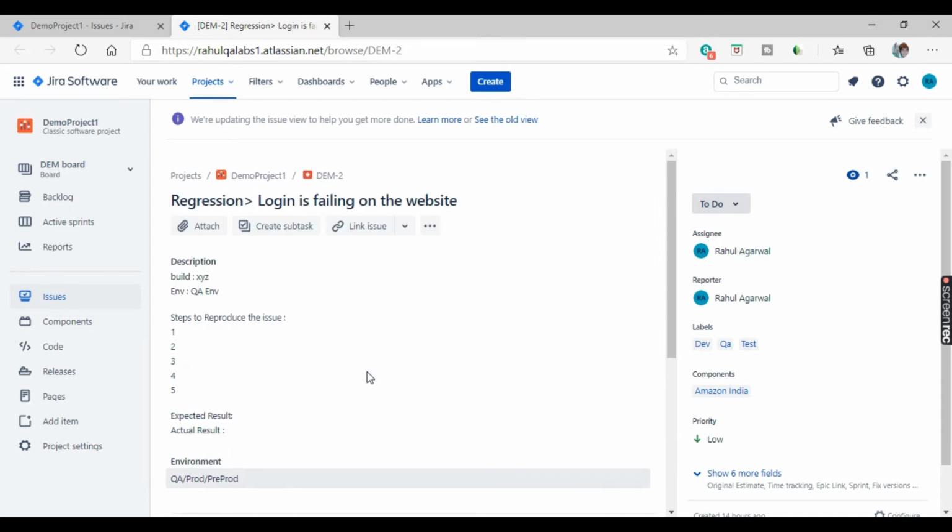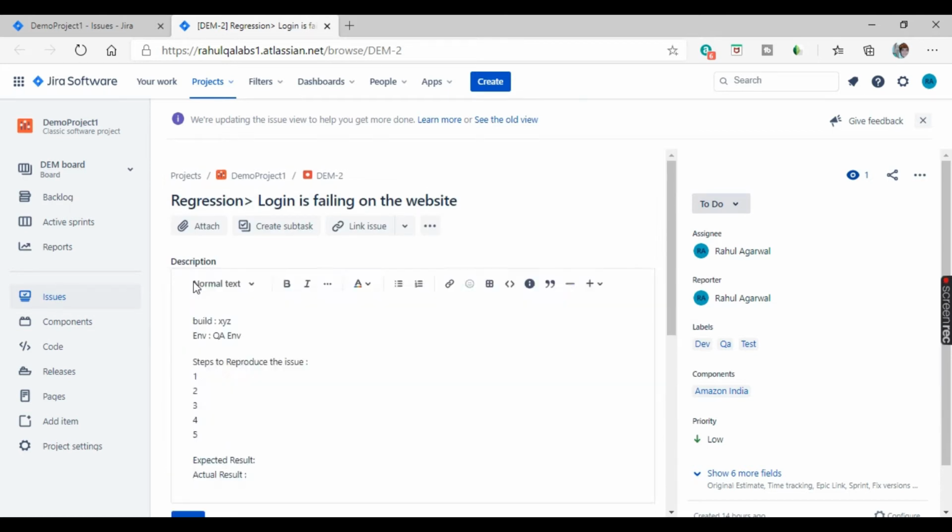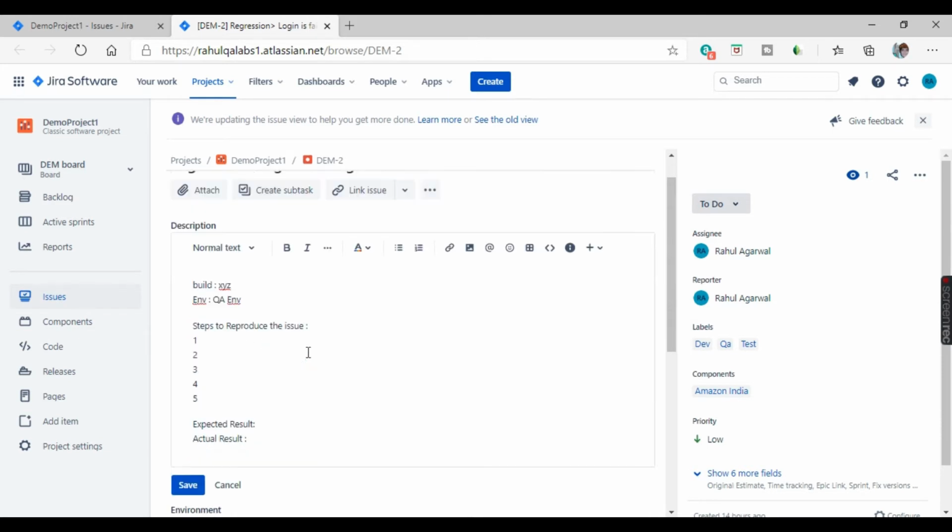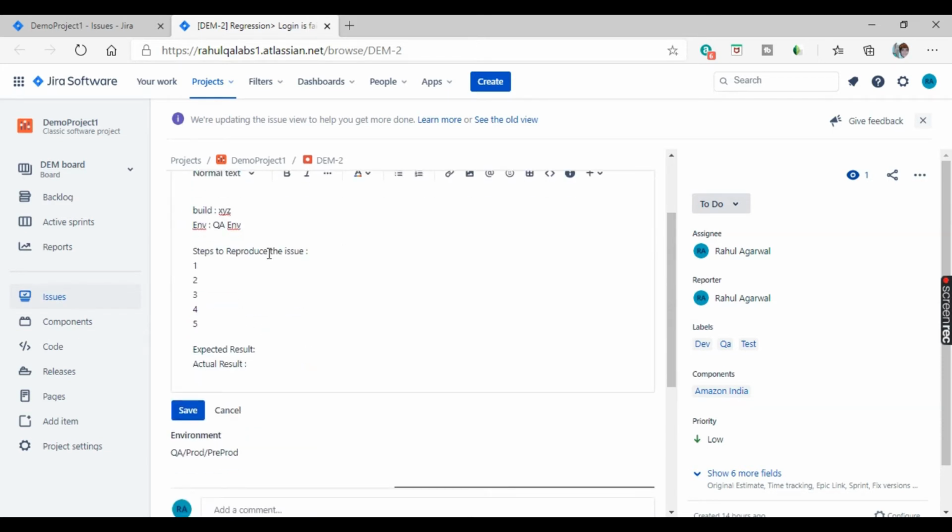Now, suppose you want to edit this issue description. So you just have to click it out here. Suppose the build you have given wrongly, so you can just edit this build environment you have given wrong. So you can give like pre-prod environment.